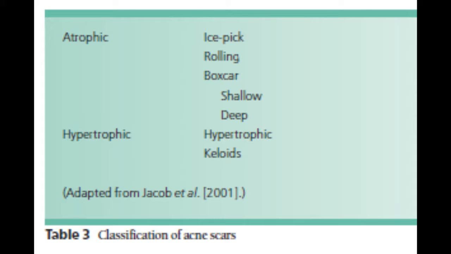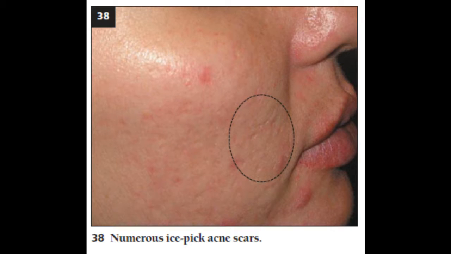Icepick scars are typically narrow, sharply delineated tracts that taper to a point as they extend to the deep dermis or subcutaneous tissue. Rolling scars are broad-based skin surface depressions with a resulting undulating appearance. They are formed by the tethering forces derived from abnormal fibrous adhesions of the dermis to the superficial musculoaponeurotic